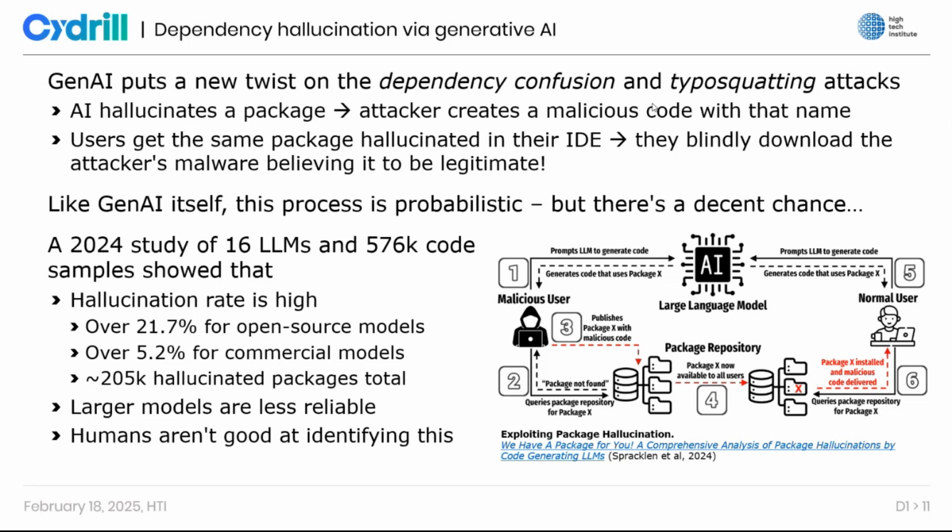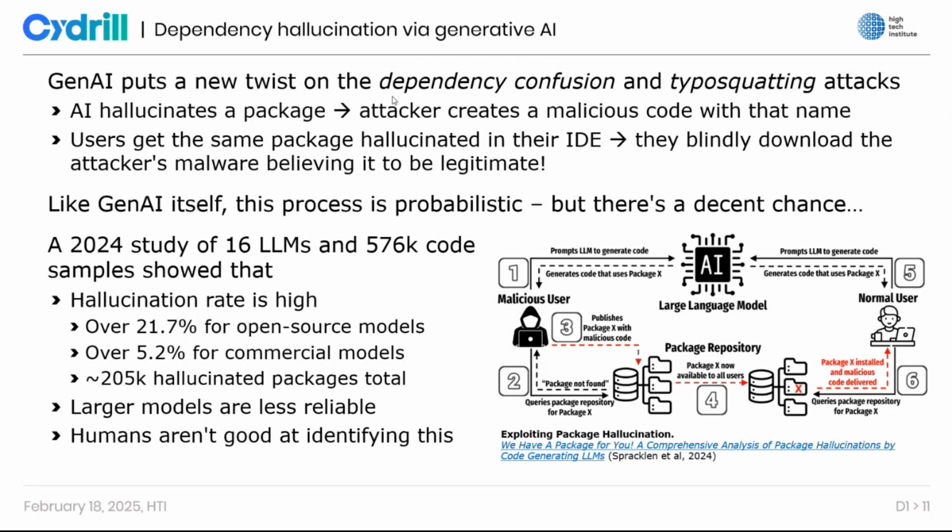Similarly, it is possible that I'm going to use a package that is correct, but it is actually a package that we use internally at the company. So it is on our internal server. But I accidentally downloaded a package with the same name from a public server instead, which is a completely different package. It just has the same name because the attacker knows that this particular company is probably using a package called company name ABC or whatever, and they just create that package themselves. This is what we call dependency confusion.